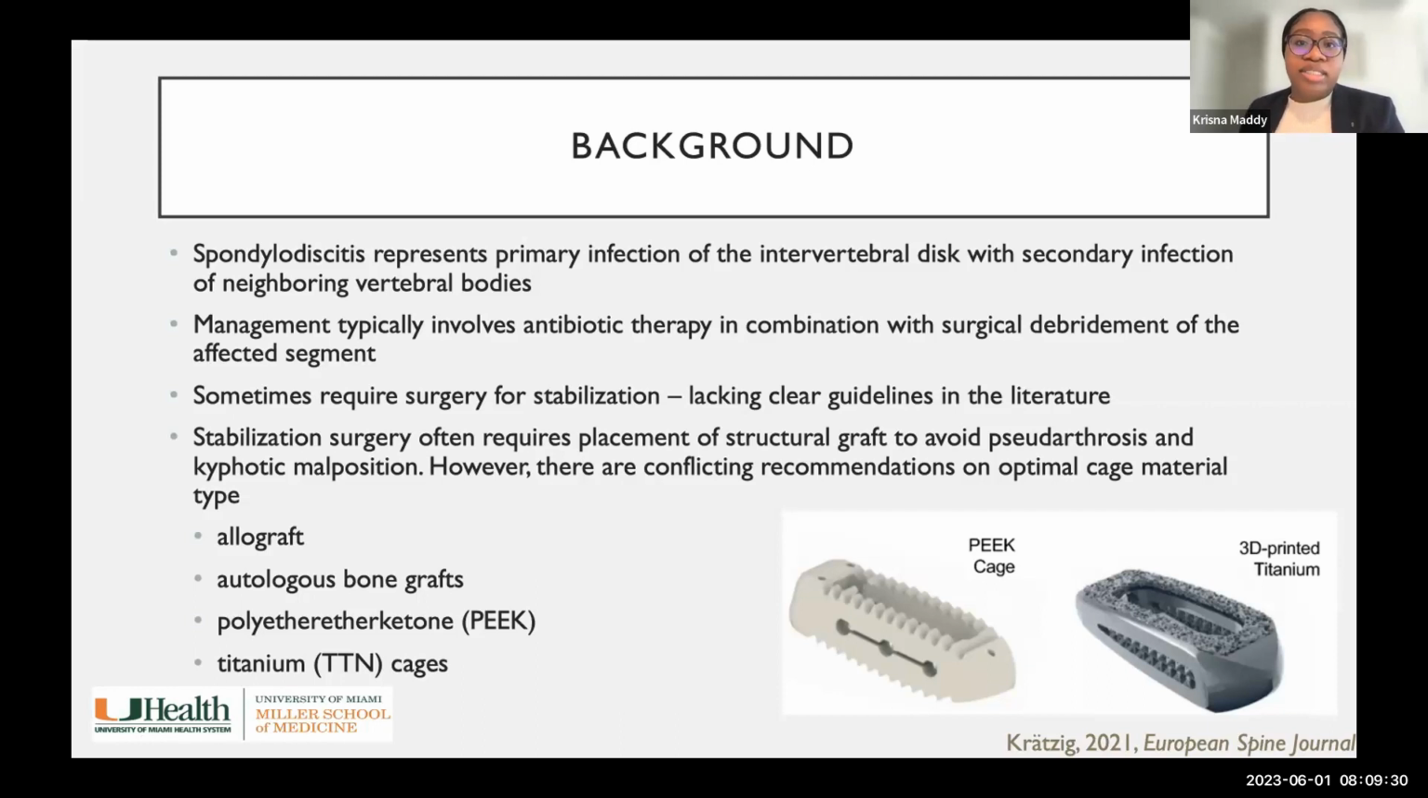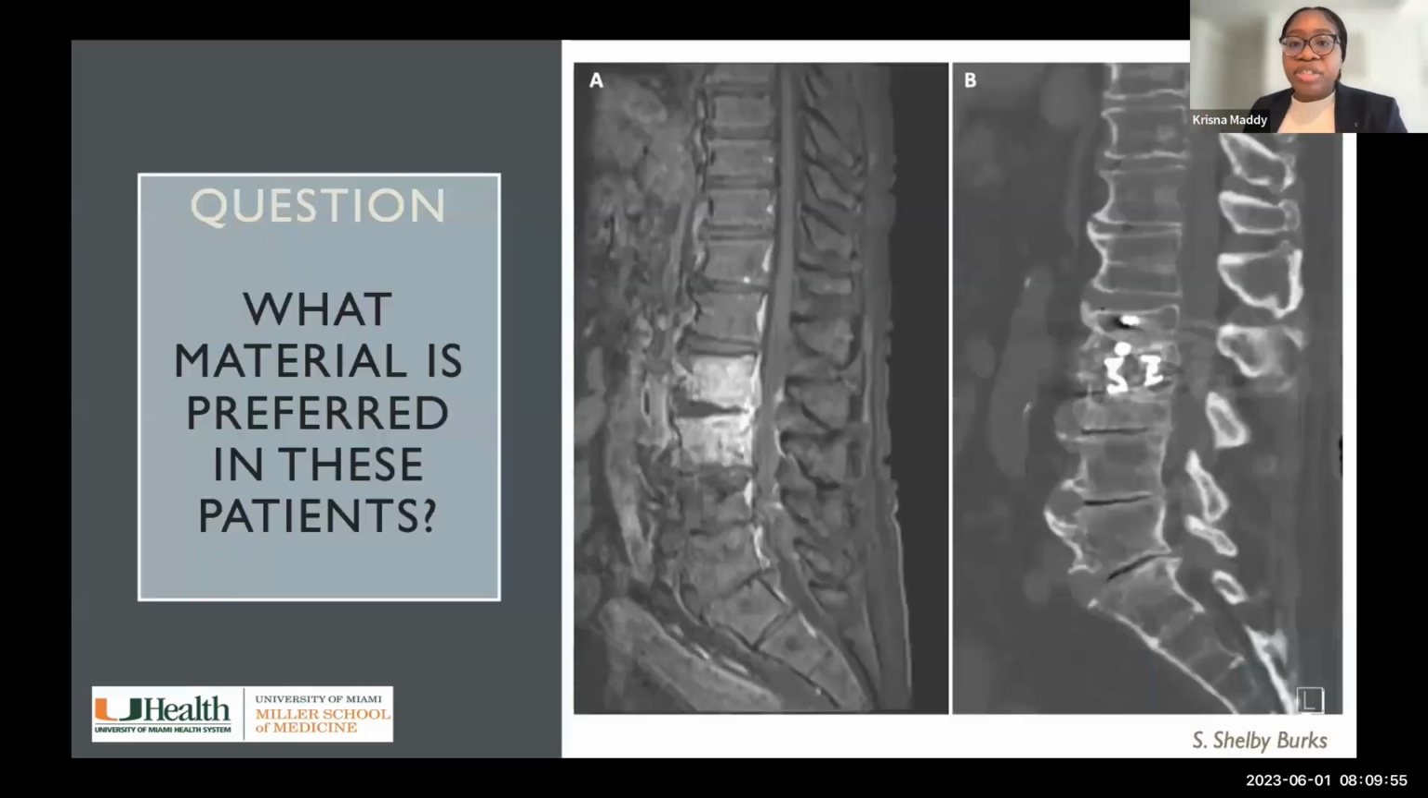And typically that stabilization surgery requires placement of a structural graft to improve stability, avoid pseudoarthrosis and kyphotic malpositioning. But again, there are conflicting recommendations on the optimal cage material type to be used in these patients. Currently in use are allograft, autologous bone graft, titanium cages, and more recently, the polyetheretherketone (PEEK) cage. So what we were interested in understanding is what material type is preferred in these patients in order to optimize